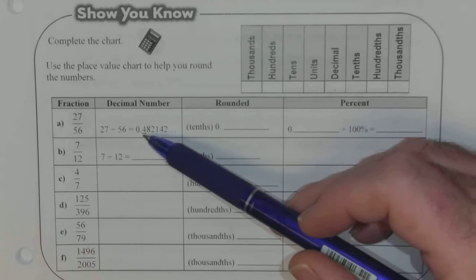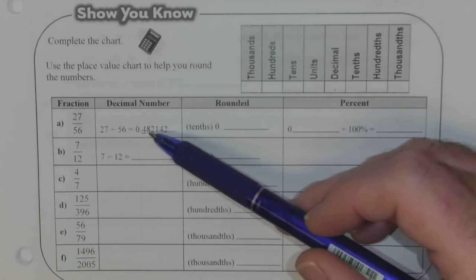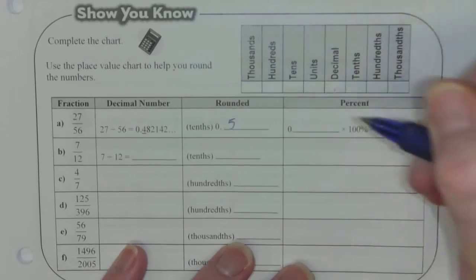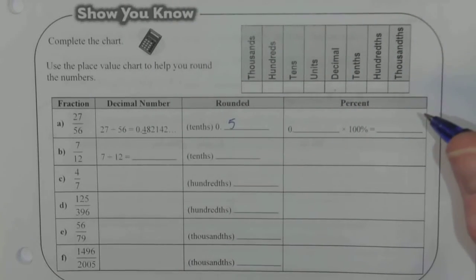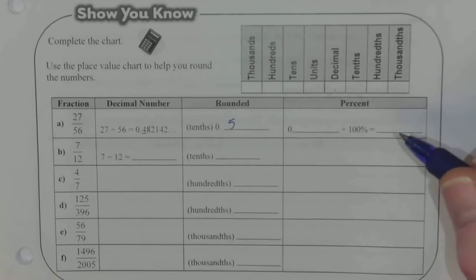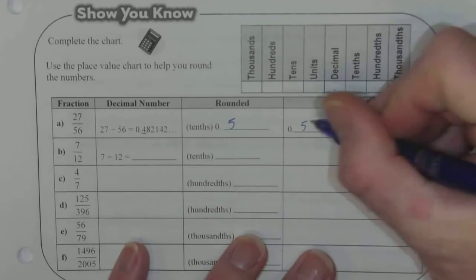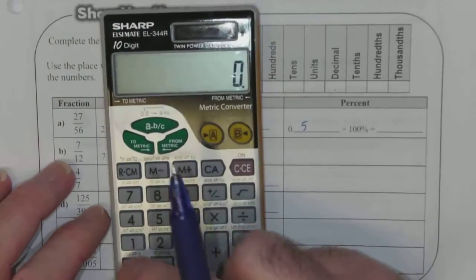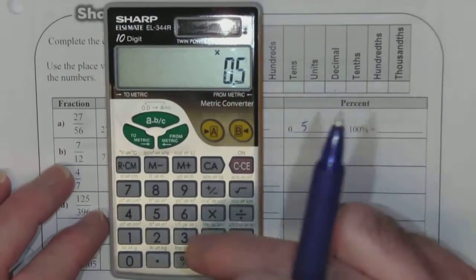So if we're going to one digit, then we look at the second digit and decide what to do. It's an 8, which is 5 or higher, so this 4 actually becomes a 5. So our answer is 0.5 for rounding. Now, to convert that to a percent, we take our decimal, 0.5, and multiply that by 100. So 0.5 times 100